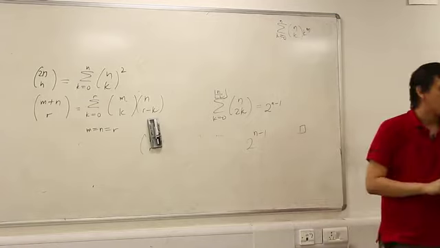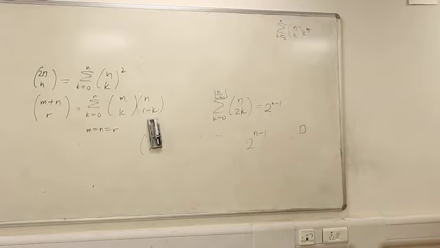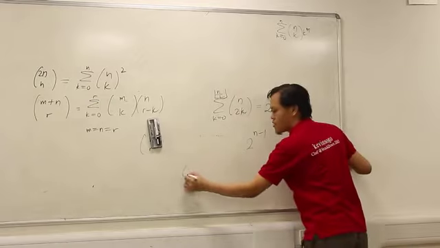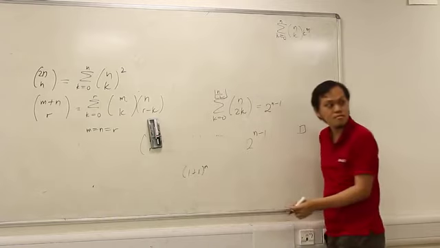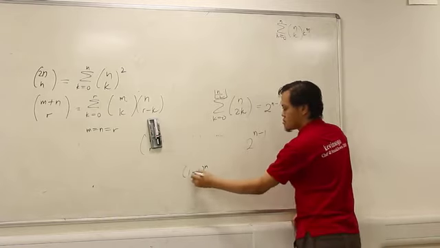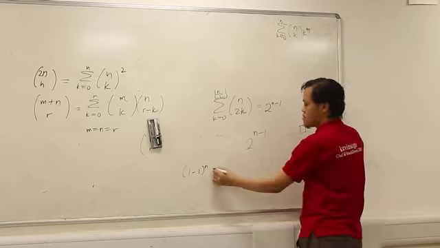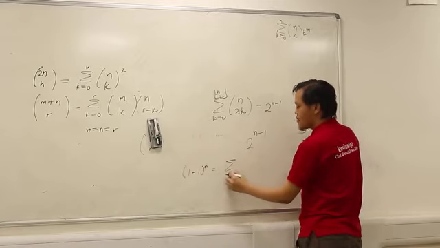Yes? Another way: we take the expansion of (1 minus 1) to the power n, and from there you can get that the sum over even k equals the sum over odd k. And since both of them add up to 2 to the power n, both of them equal 2 to the power n minus 1. You're saying we write this, so (1 minus 1) to the power n. Yeah. If we expand it, okay, if we do this, we will get